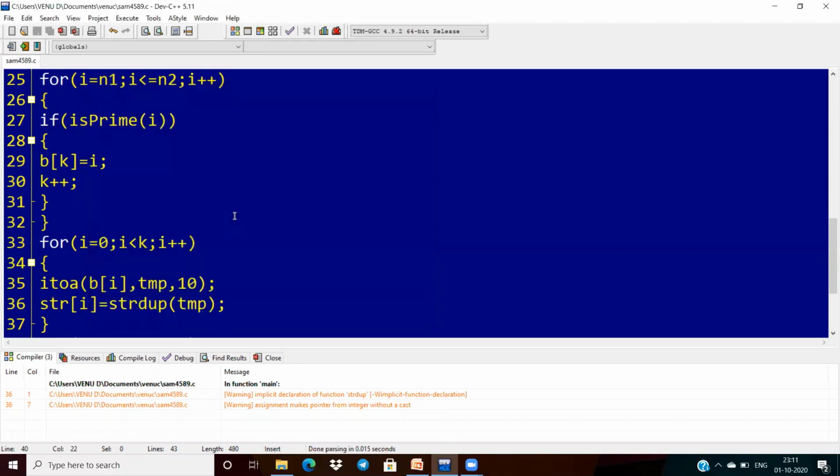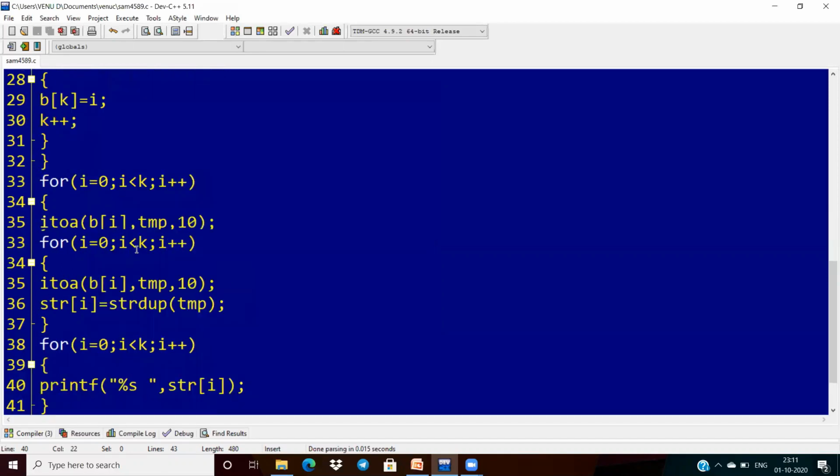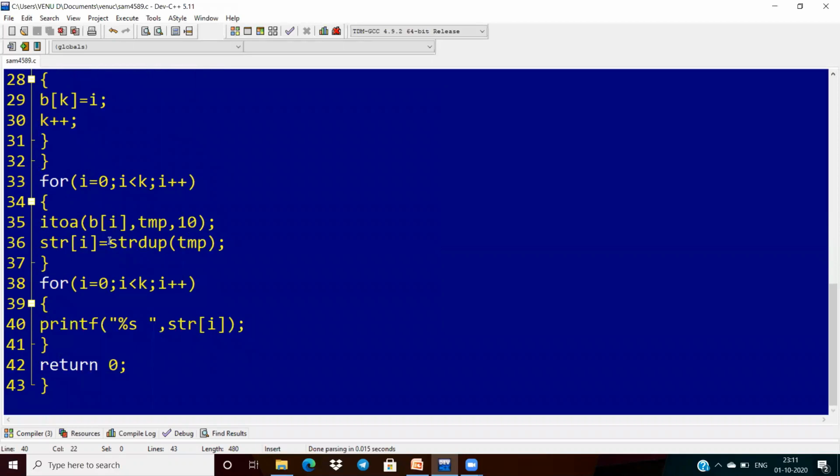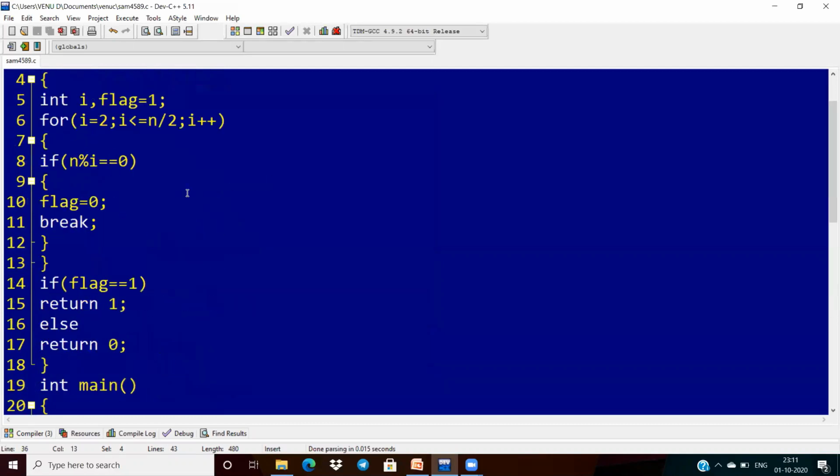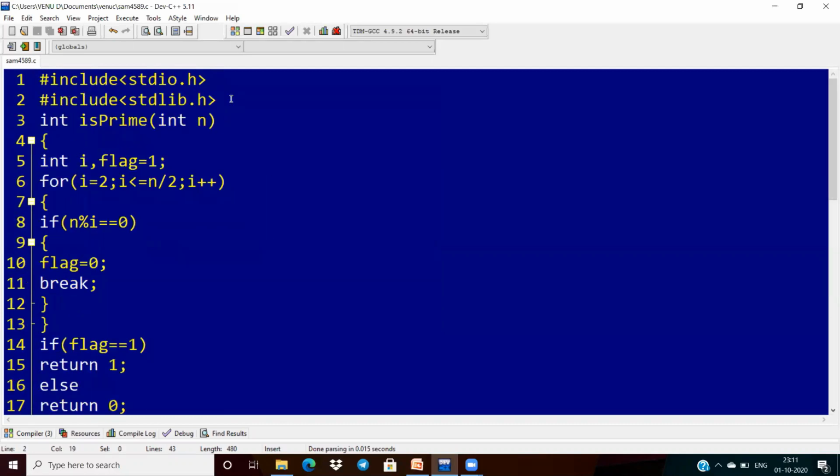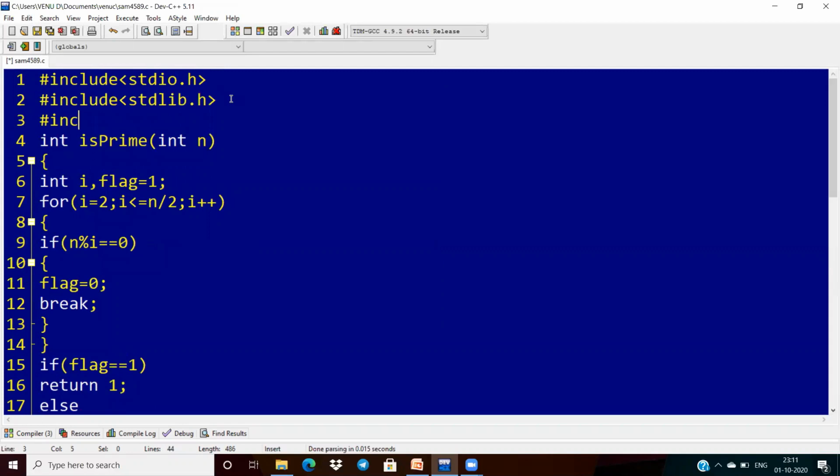But what is the functionality of strdup? It provides duplication of the string; it duplicates the string. Its return type is a pointer type. It is available inside string.h, so that is why I have to use the string.h header file.